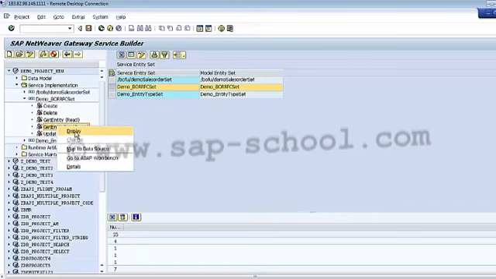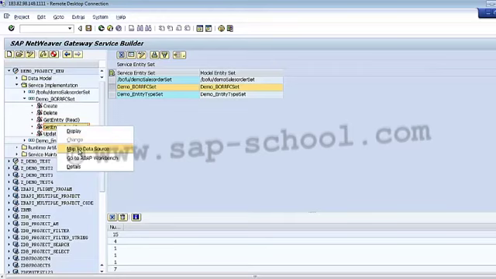So this display switches between the read only and the edit mode for the service builder. Then we have this change. This is also again to switch between the edit mode and the read only mode. Then we have the map to data source. So if I click on the map to data source, it will open the map to data source dialog in which we can map the selected operations to a data source.